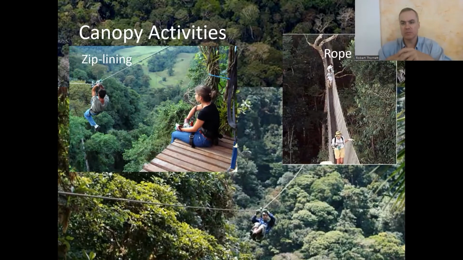And the way that got started was that scientists, before that, were studying up there, and they needed a way to live up there for days at a time. They started building platforms up in the canopy layer where they could hang out with binoculars and do research and stuff like that. They started swinging across from one platform to another using these zip line cables. So you have rope bridges, you have zip lining. Sometimes there's little cable cars that they'll take you through there. So all kinds of things to do up in the canopy to get up close and personal with these species.